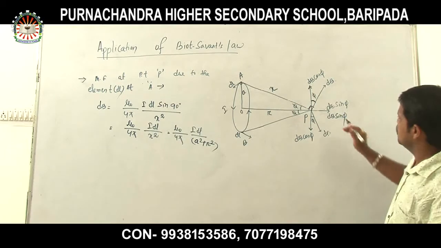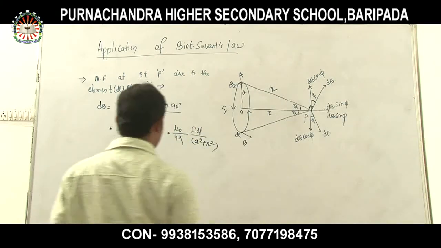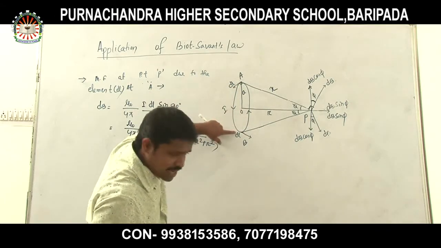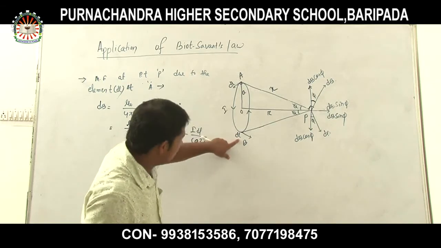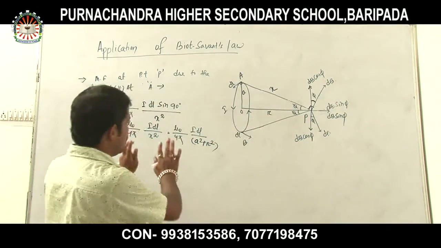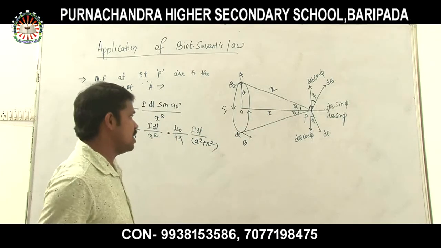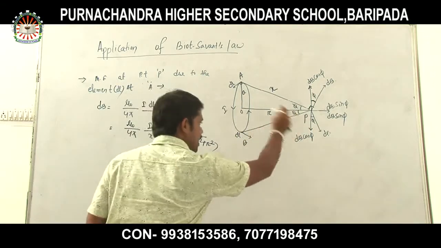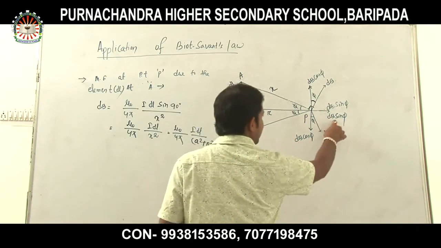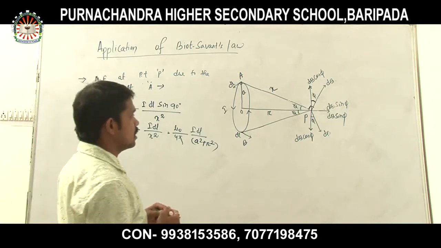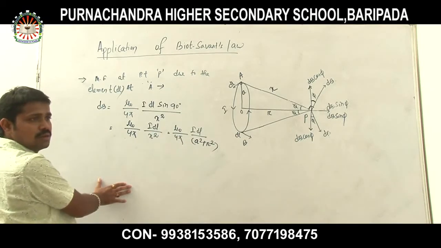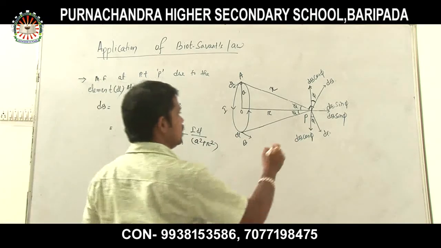Okay, similarly for this also, look at this. If I take a diagonally opposite element here at point P and I have to find out the value of magnetic field at point P, the value becomes the same. And for this also I have to get two components, dB cos phi and dB sin phi. Clear? Okay, so this is for A, and at point B I will get the same thing.